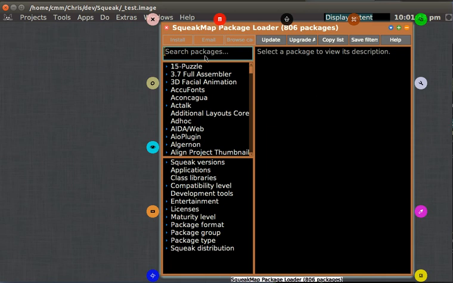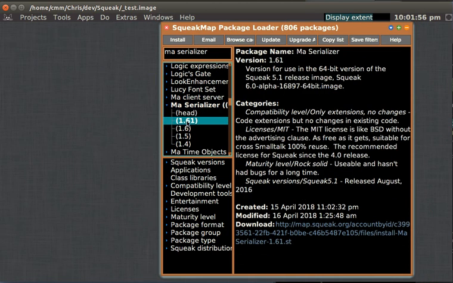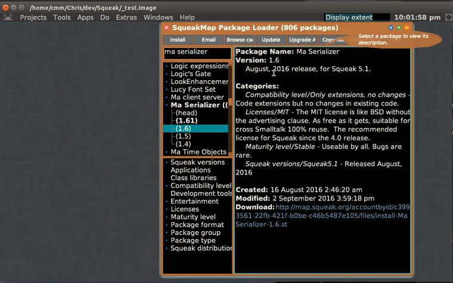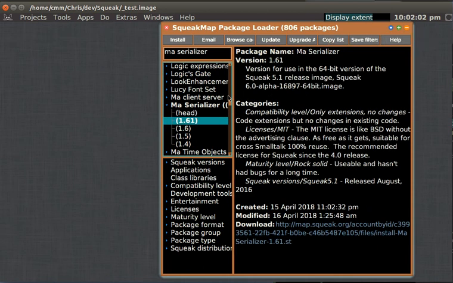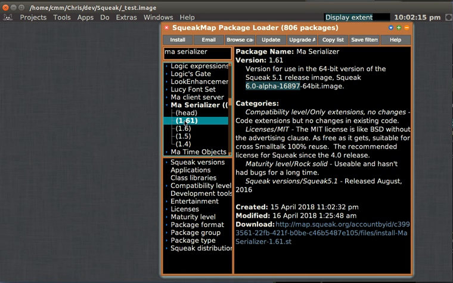So what's the package I want to update? It's the serializer. I think that's the one that's not updated yet. Oh yes, it is. I did do 1.61. Okay, so this one, 1.6, is for Squeak 5.1. 1.61 is for the 64-bit version of the Squeak 5.1 release, aka 6.0 Alpha 16.897. This is the beginning of the development cycle prior to the Squeak 5.2 release, or 6.0, depending on what we call it. So the packages which depend on serializer,